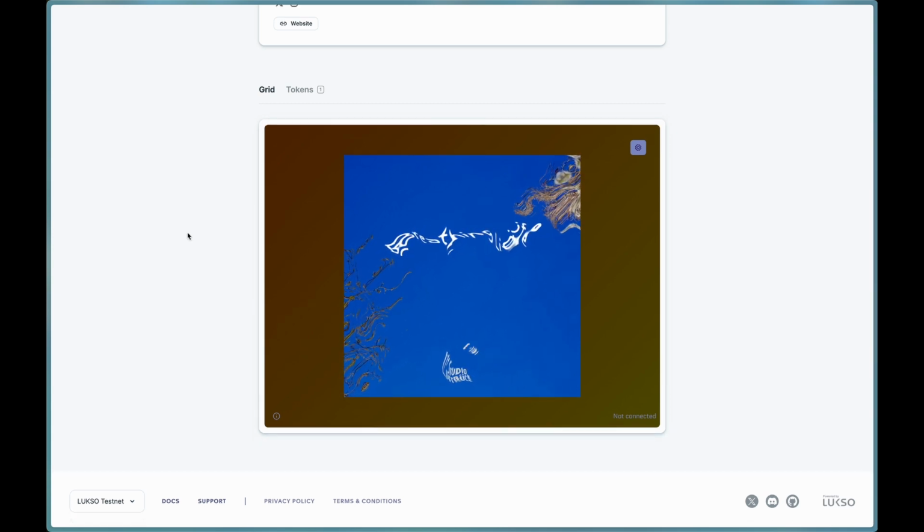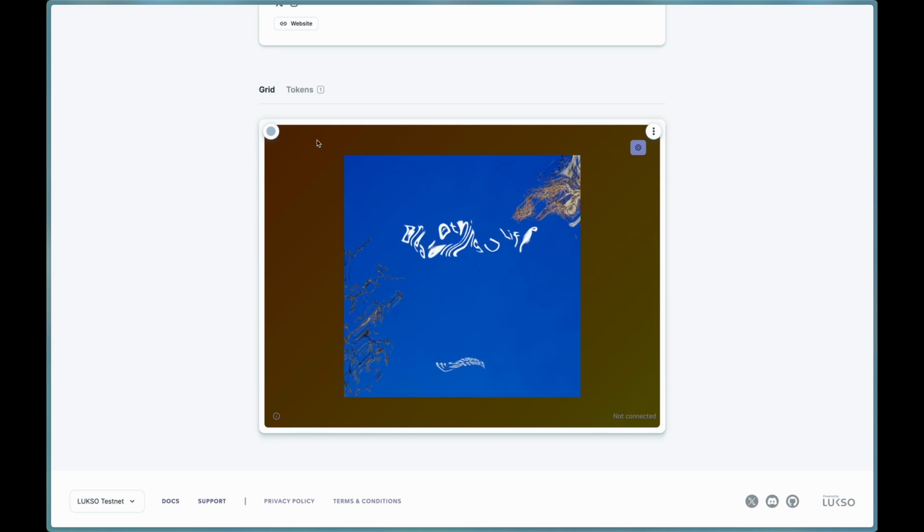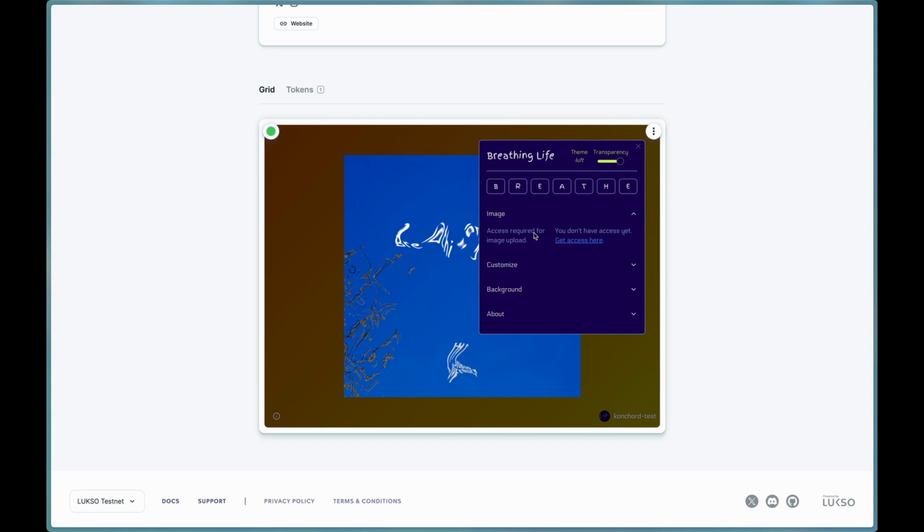This application is a token-gated mini app. So first we need to log in to check if our profile is an owner of the Breathing Life token. Once logged in, we can see here that I don't have access yet. So we click the link to get access,